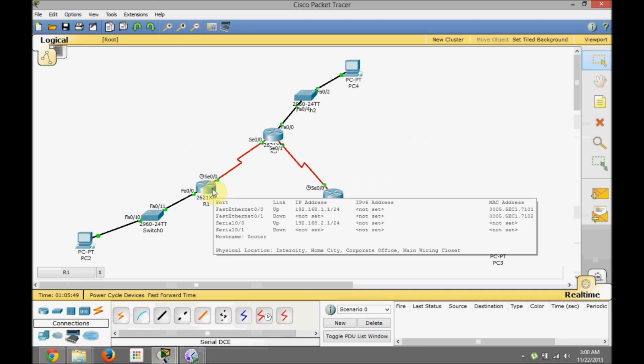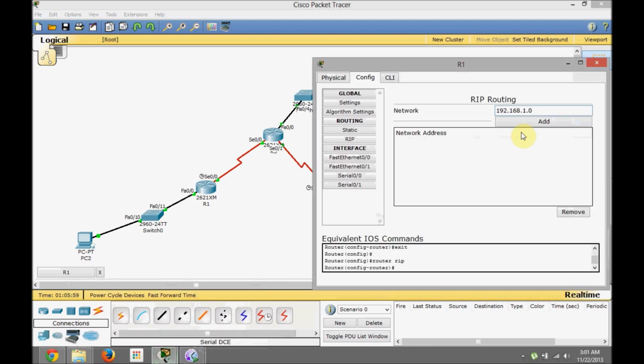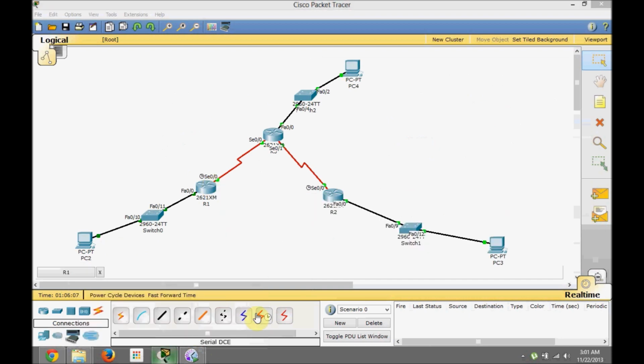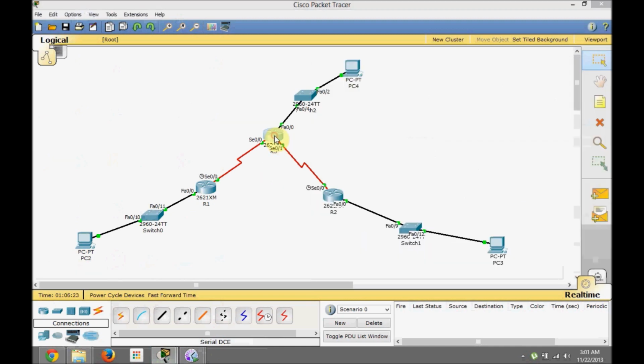Okay, so for FastEthernet, the network is 192.168.1.0. Just add this, and the other one is 2.0, sorry, it's 2. Okay, alright, so now this router is configured. Now configure the other routers